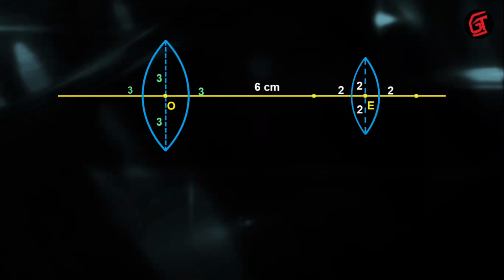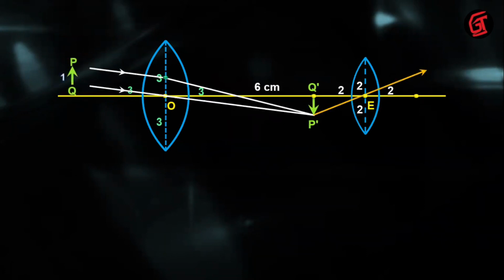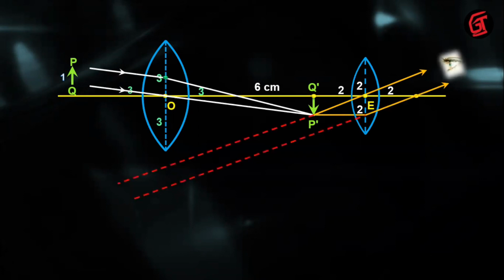Now telescope we can draw with the ray diagram like this. We take 3 centimeter. This is not important, there's some extra knowledge. Okay, we take 3 centimeter on the left and right. Same like how convex lens passes through the optical center, and then here also we pass it, and here's your eyepiece, and then both these go towards infinity. Okay, always remember, in telescope में infinity की तरफ जाता ही है. Okay, very important point.